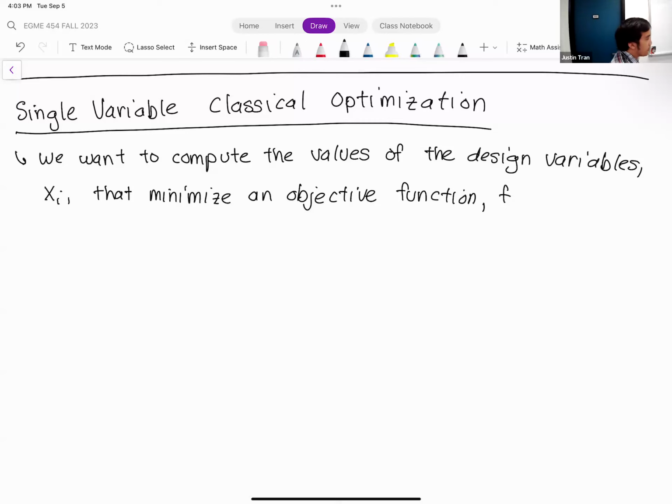The symbol we usually give for the design variables is X. For single variable optimization, there's only one X. For multivariable optimization, we give them numbers, usually X1, X2, X3, which is why I use the symbol X sub i there. The function we are trying to minimize I usually label with F. We were in the middle of learning the classical methods, which get their name because they have their roots in classical calculus and more traditional math.